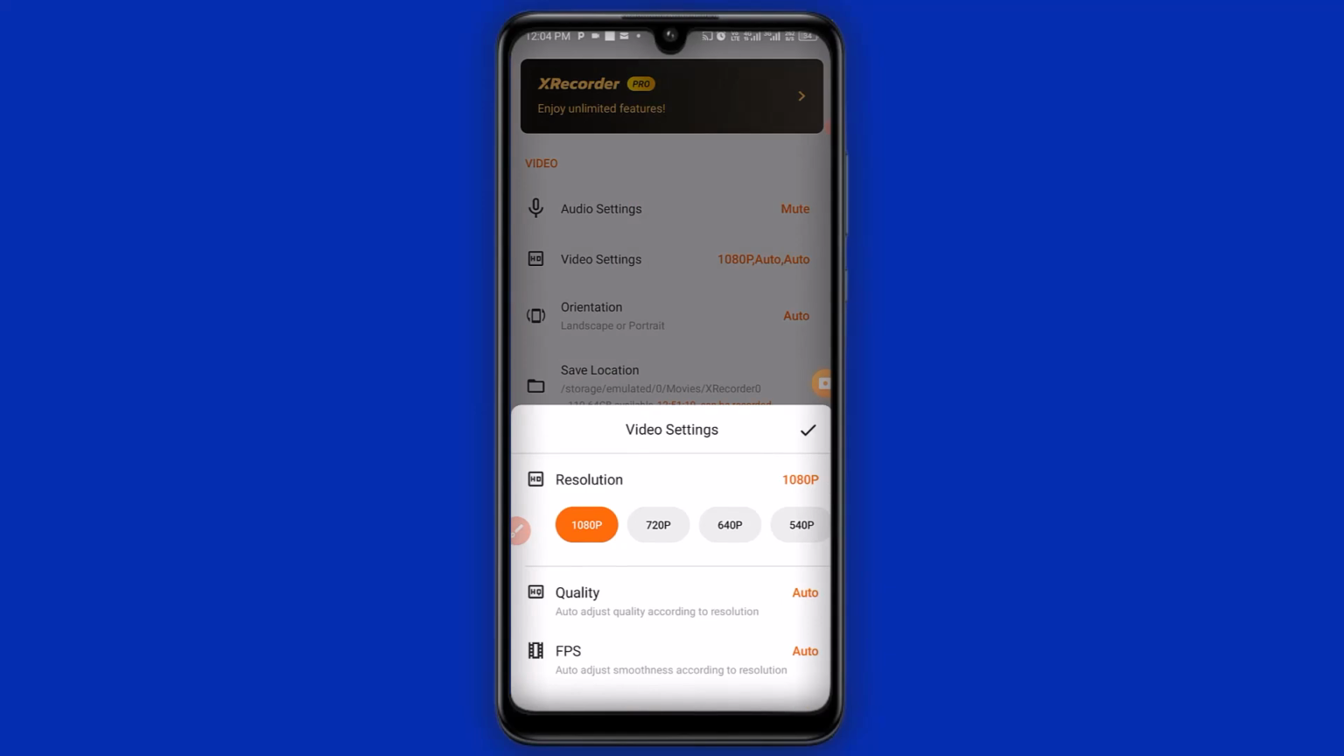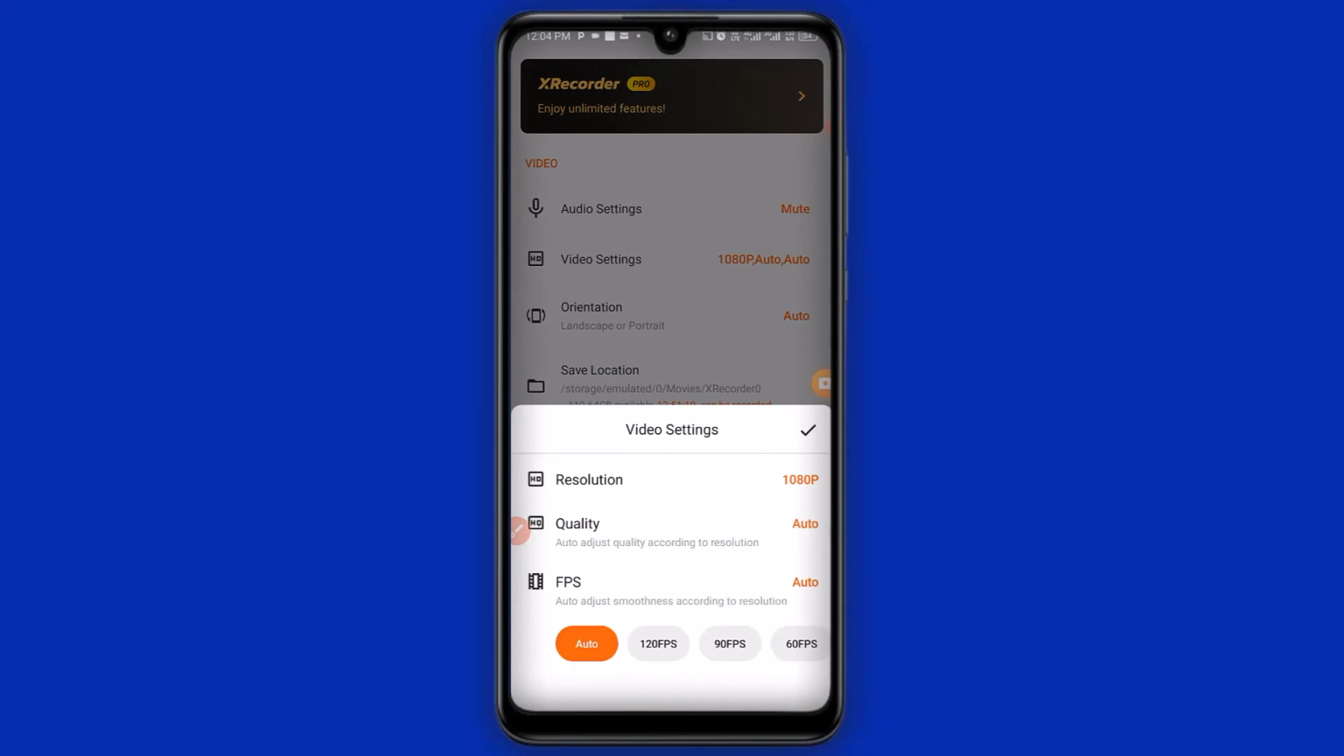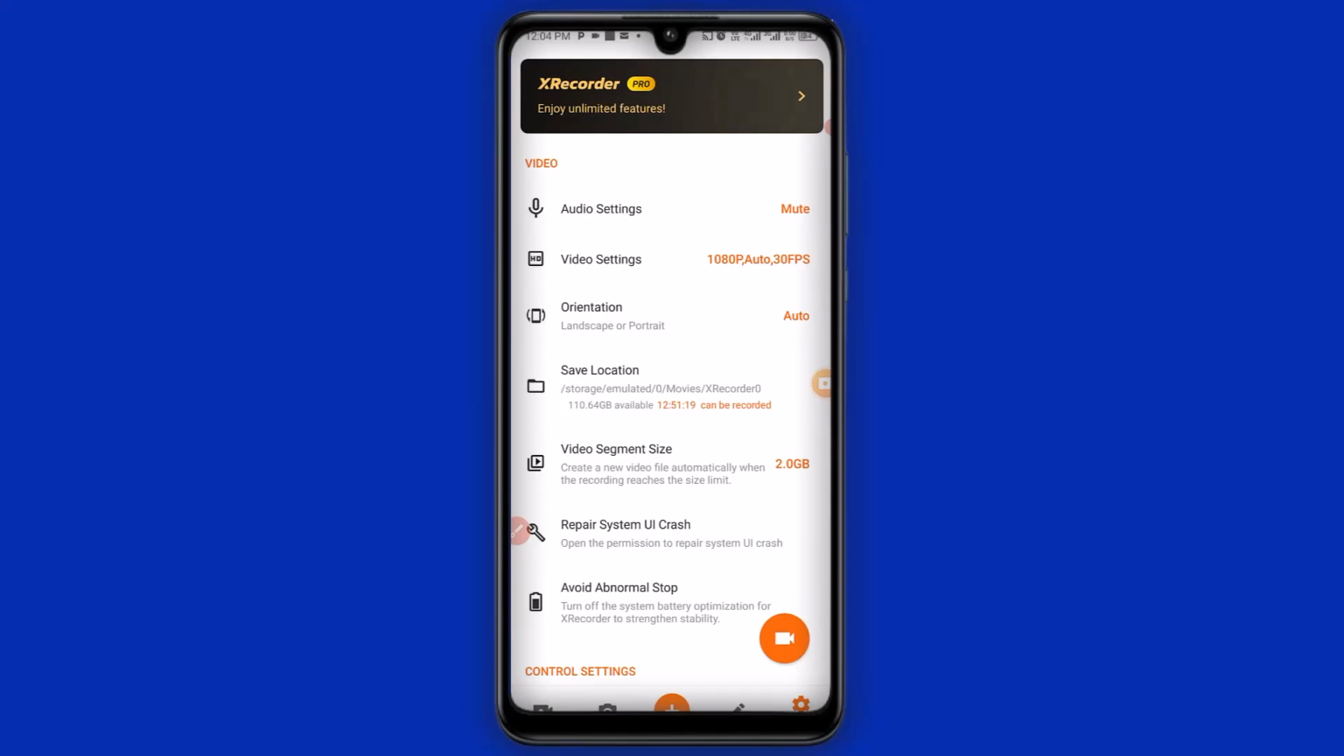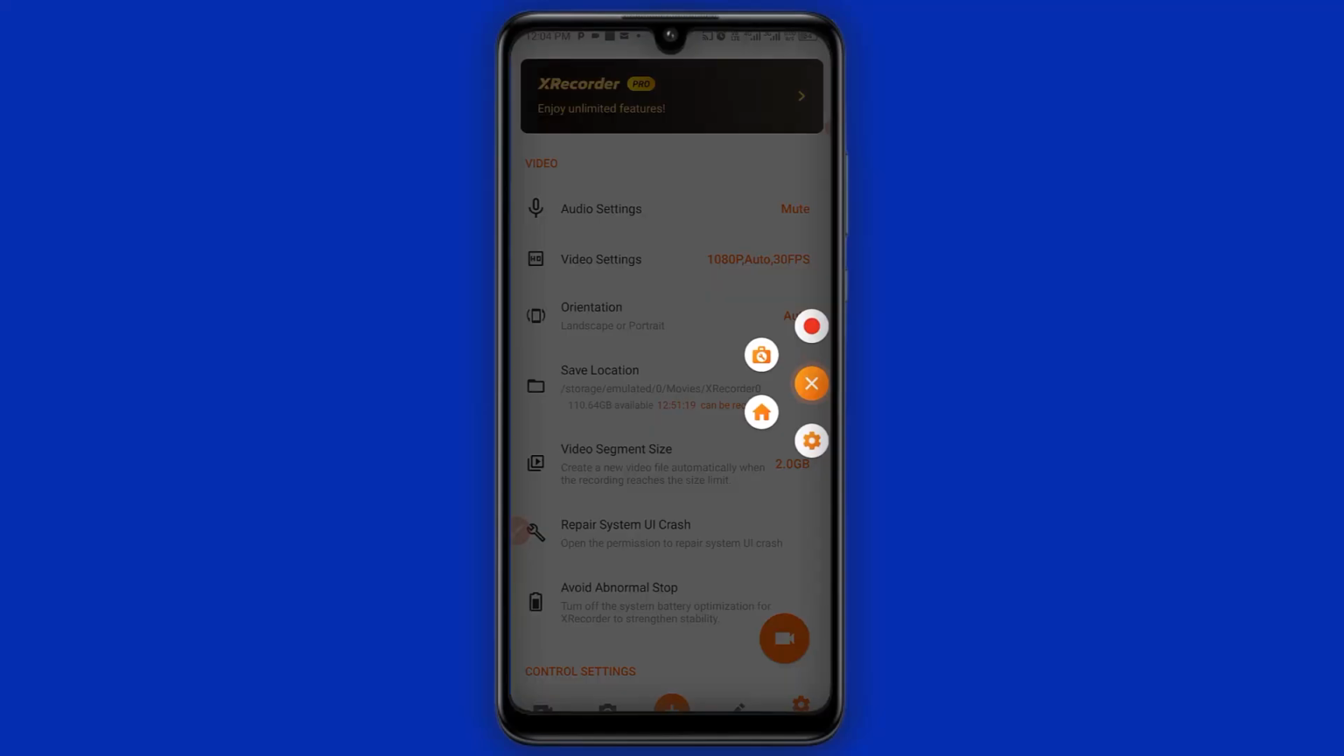Then the quality, then the frame rate here, you can click on here and choose your frame rate. So I'm going to always be recording at 30 frame rate per second. Then I'll click on OK. That is done. Then I'll come back here again. I'll click on